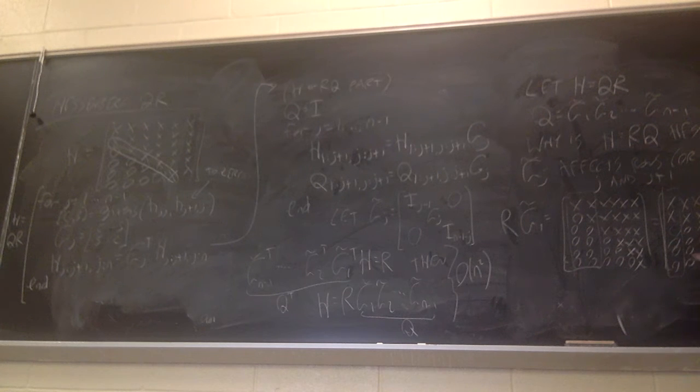Then you move to the next rotation, G2 tilde, which affects these two columns. The first column will never be touched again. So this might slide over here, but it's still consistent with Hessenberg form. So that's the idea, that I keep applying Givens rotations because of what they touch and don't touch. That's why the result is going to be Hessenberg. So that Hessenberg form is preserved from one iteration to the next.